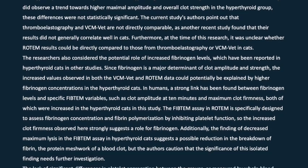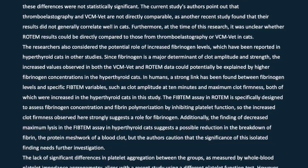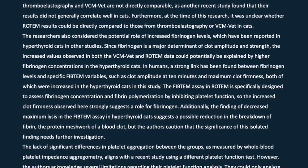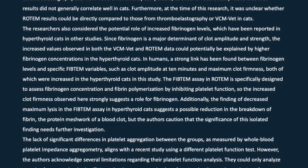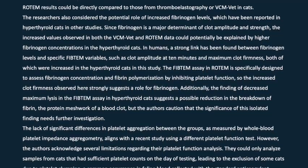The FIBTEM assay in ROTEM is specifically designed to assess fibrinogen concentration and fibrin polymerization by inhibiting platelet function, so the increased clot firmness observed here strongly suggests a role for fibrinogen. Additionally, the finding of decreased maximum lysis in the FIBTEM assay in hyperthyroid cats suggests a possible reduction in the breakdown of fibrin, the protein meshwork of a blood clot, but the authors caution that the significance of this isolated